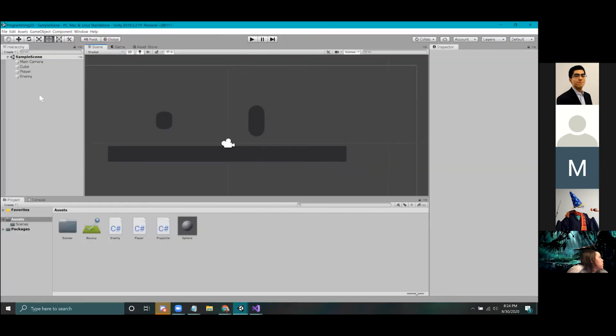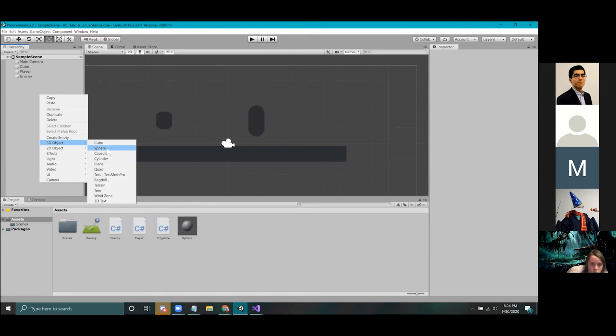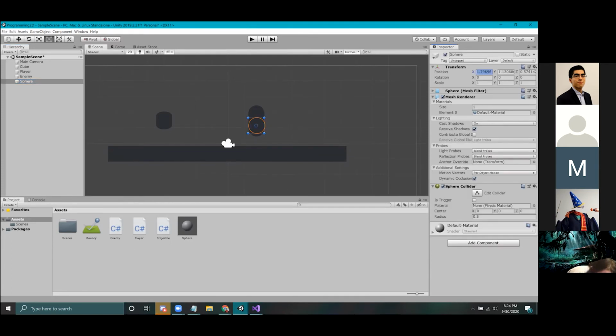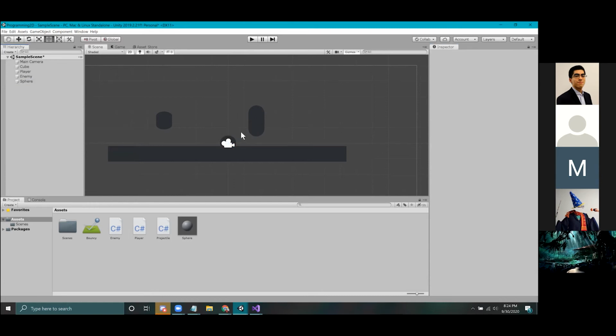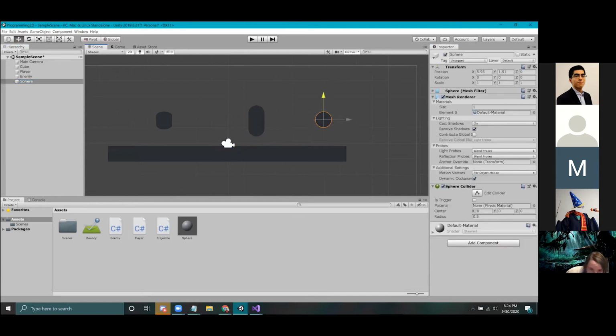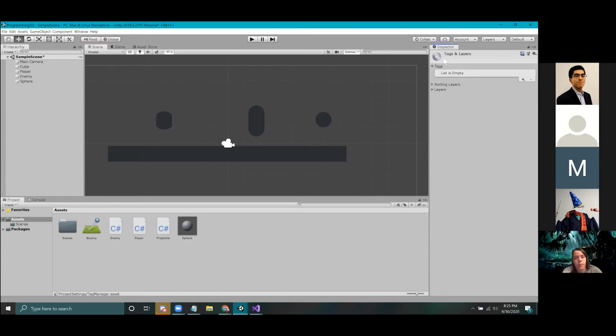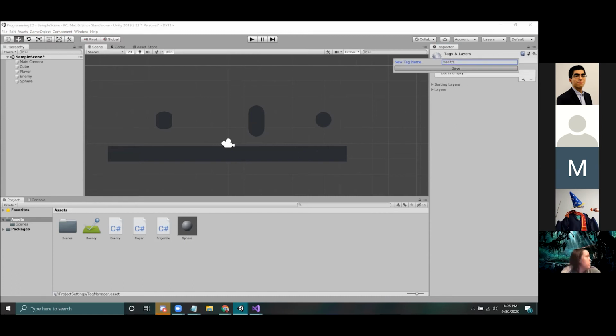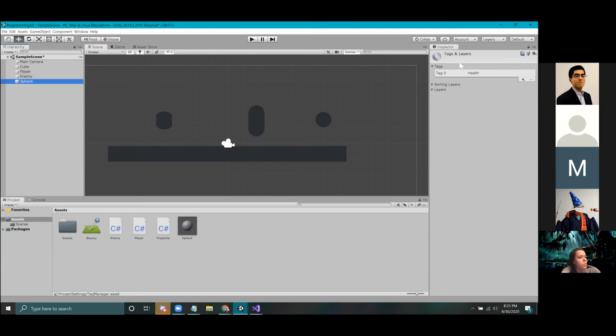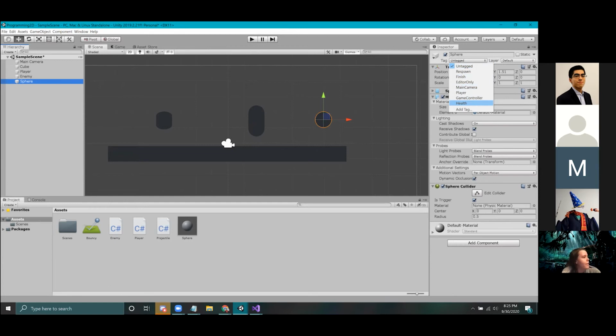So back to the editor, we're going to create another new object. It's going to be a sphere this time. We're going to put it at the origin, and then let's move it just a little over here. In the collider, make it a trigger, so that way you can run right through it. And then for tags, we are going to give it the tag Health, save. When you create it, it doesn't get added, so you also have to add it. And so once that's there, get that. And then when you play,